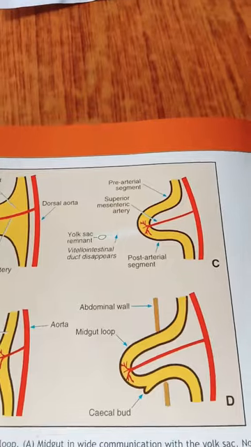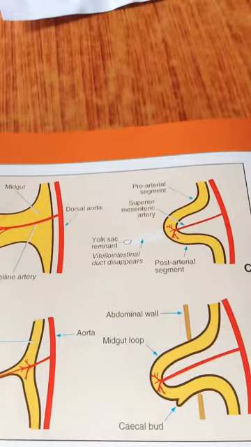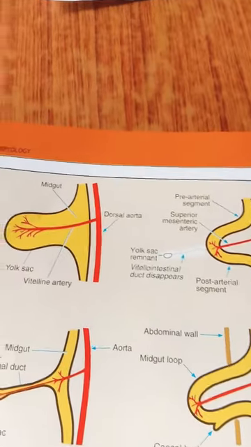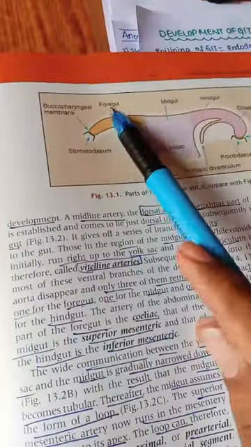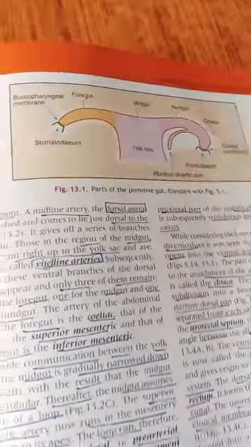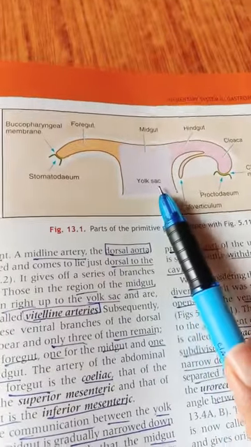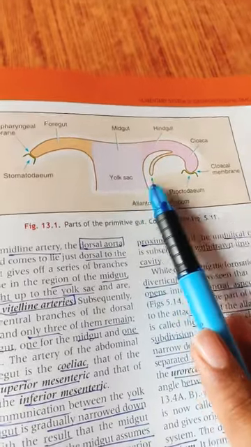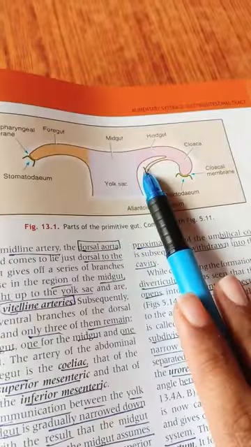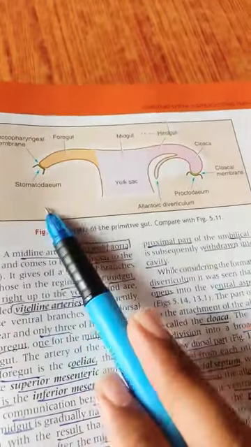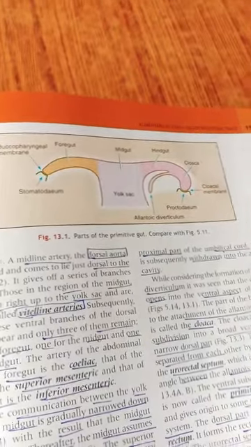So what are those 3 branches? Actually here they are not showing those 3 branches. The celiac artery supplies the foregut. So we know the foregut is mainly supplied by our celiac artery, our midgut is supplied by our superior mesenteric artery, and our hindgut is supplied by the inferior mesenteric artery. So celiac artery, superior mesenteric, inferior mesenteric. Very easy to remember. These are supplying our primitive gut, that is our foregut, midgut, and hindgut.